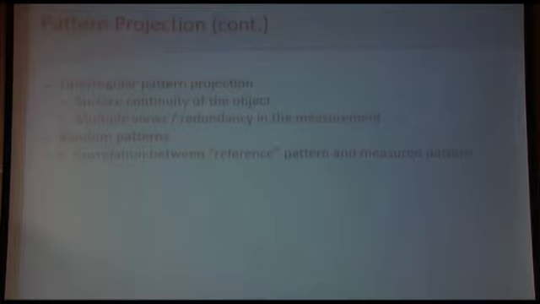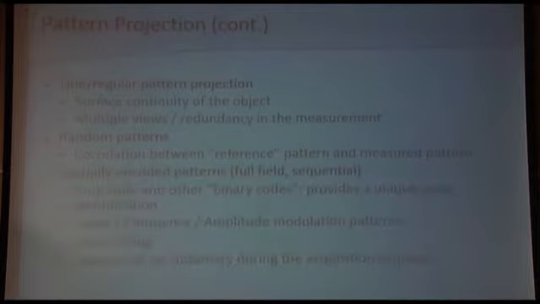Соответственно, если мы проецируем случайное изображение, то есть случайный набор точек, то, безусловно, объемные характеристики объекта можно получить путем сопоставления, исследования зависимостей между исходной картинкой, то есть случайным изображением, и тем, что получено камерой. Next thing you can do is just code your pattern, either binary code or gray code, or you use